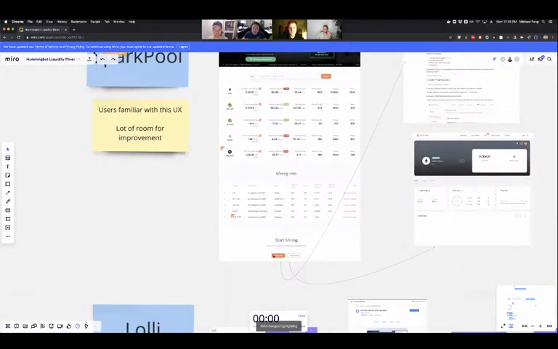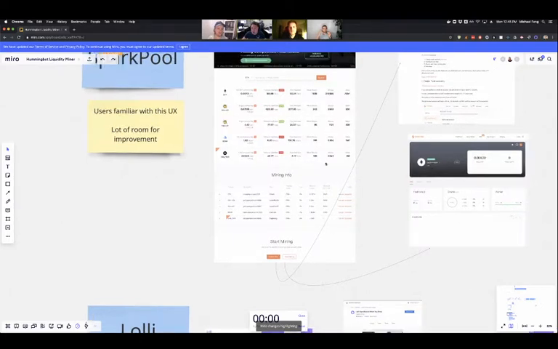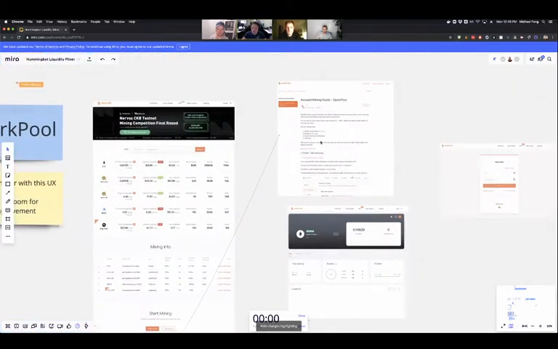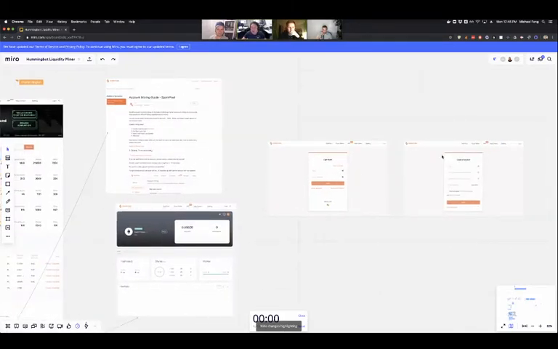Down below, there's a start mining one. If you click the explore button, it takes you to some kind of interface, which I think is what it actually looks like. I also found this interface quite confusing, because there's a dummy ETH address and information about income and workers and a lot of jargon, which I just didn't understand, not being a cloud miner myself. If you click on start mining, it goes to this guide that explains how it works. Then you have to click on this button to create a sub account, which takes you to a login page,